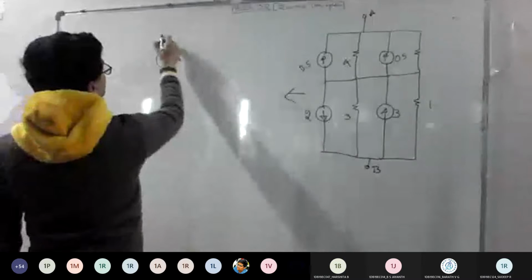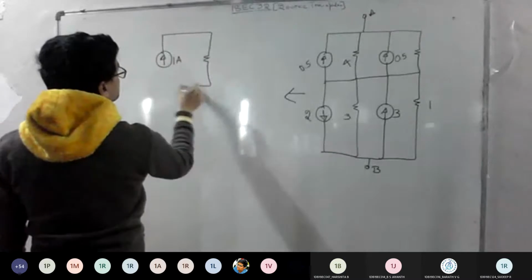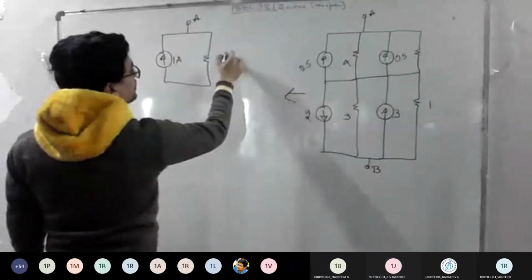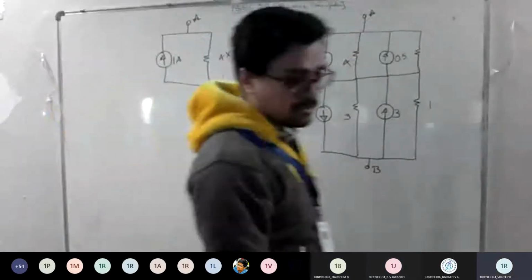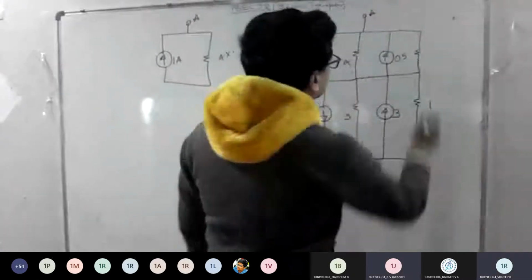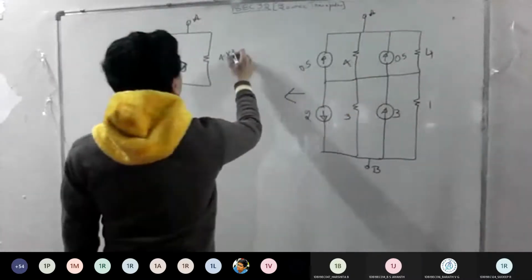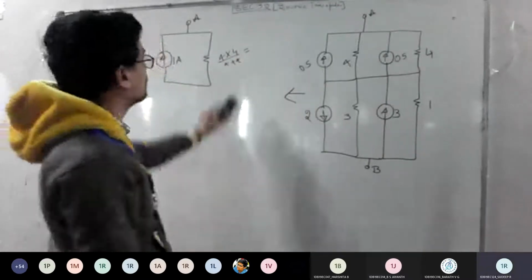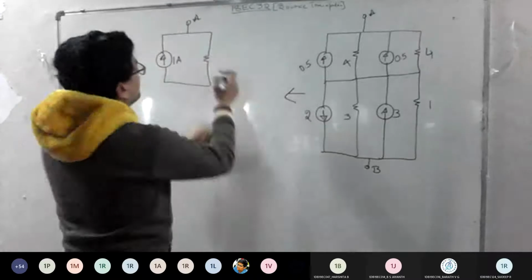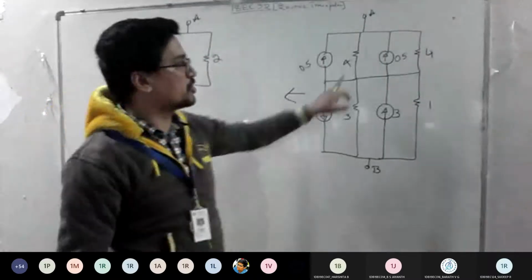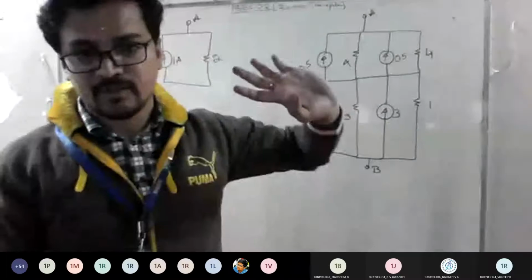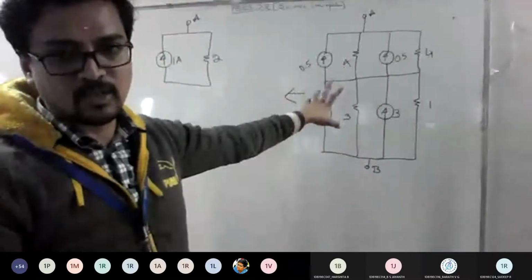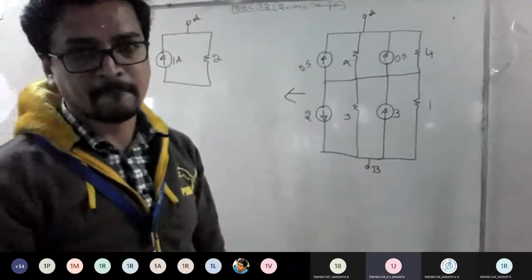And what about the resistor? Is it in parallel or series? Parallel. So you should do parallel, what? 4 into, what is the value of this? 4 ohm. So you can do 4 into 4 divided by 4 plus 4. How much here? 2 ohms, sir. So we'll write directly 2 ohm here. You better know how to do conversion of parallel resistors, right? So you can use the logic 1 by R equals 1 by R1 plus 1 by R2. Is it fine?